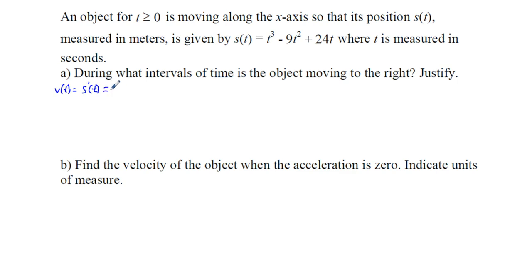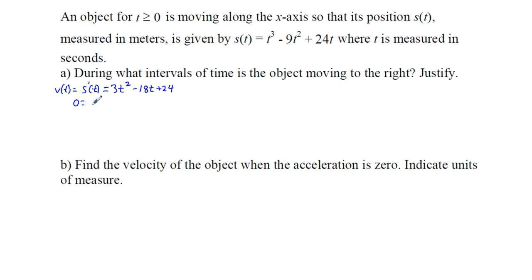And that's going to be equal to 3t squared minus 18t plus 24. And to find the critical numbers when that particle or object is at rest, we will set this